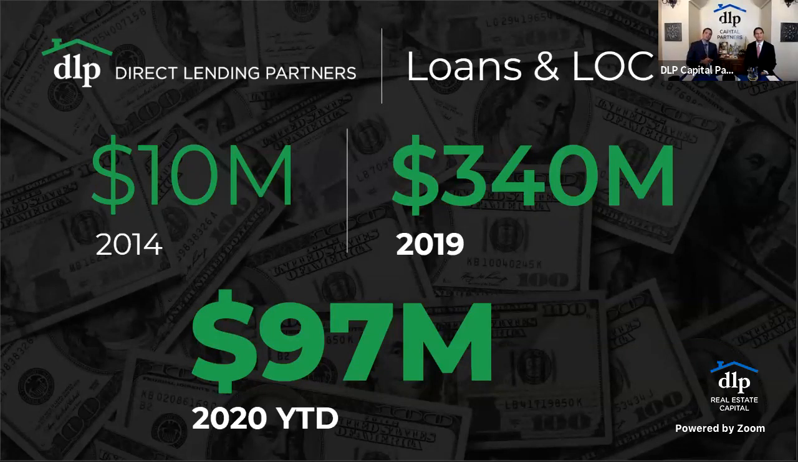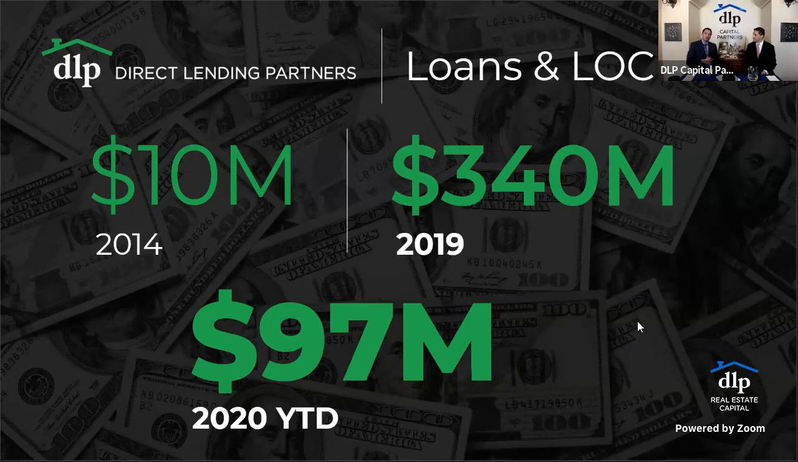I mean, pretty amazing. In 2014, we did about $10 million in loans in our first year of getting started. And last year we did $340 million. That's 3,400% growth in 6 years. This year we're just knocking on the door. I think today we'll end up breaking that $100 million